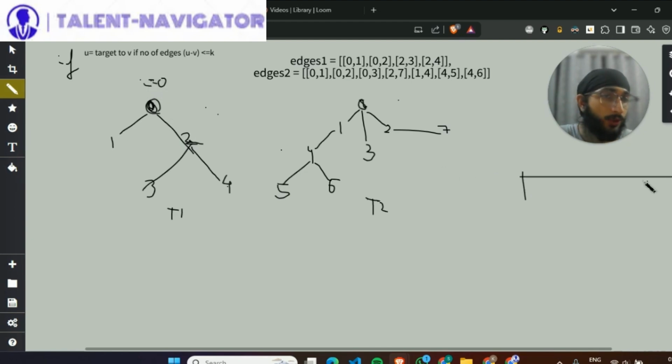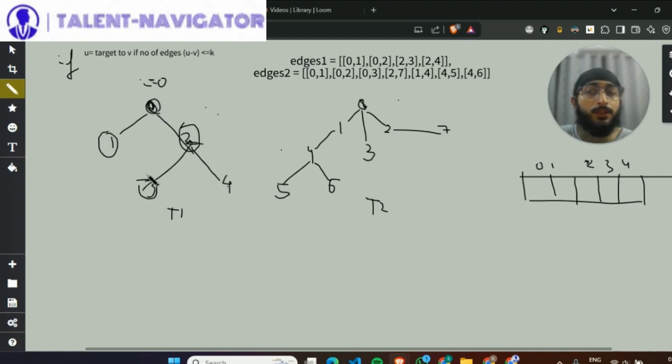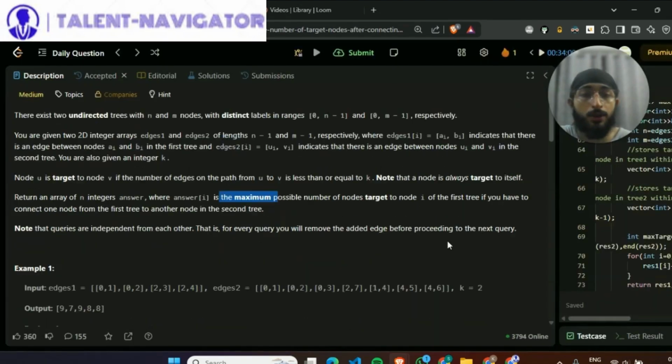Basically our answer would be stored in the form of a list or an array or vector in CPP terms. So 0 1 2 3 4 indices I've mentioned. So for 0th index, we see how many targets can be achieved from this. By definition in the problem, u is target to v if the number of edges between u to v is less than or equal to k, and k in our problem statement here is